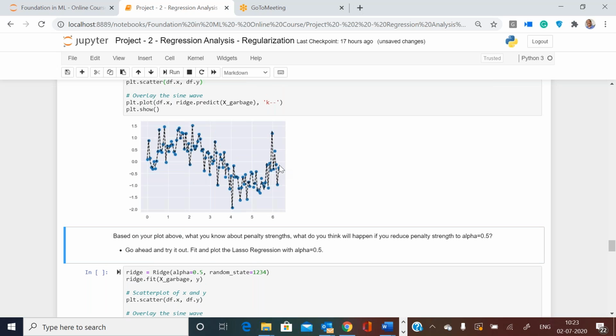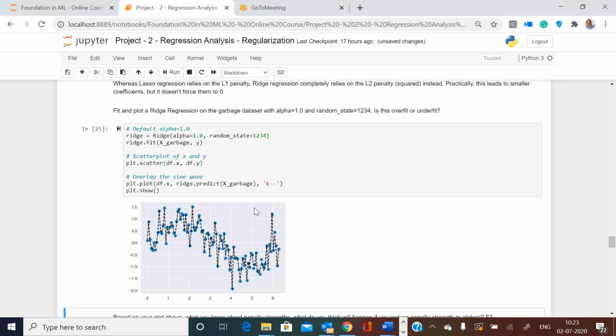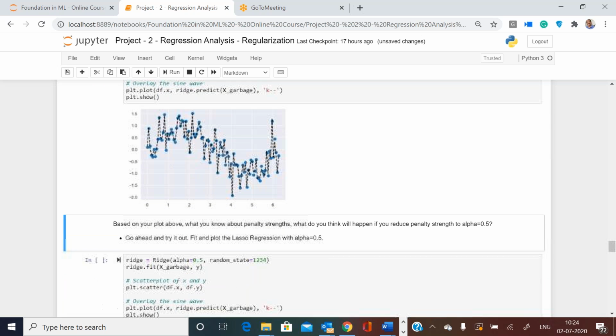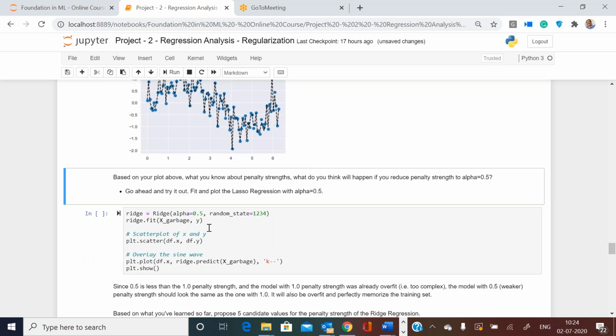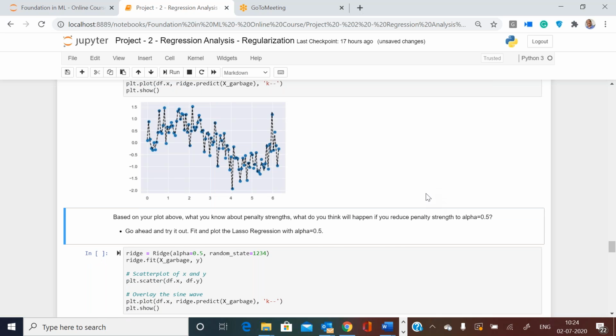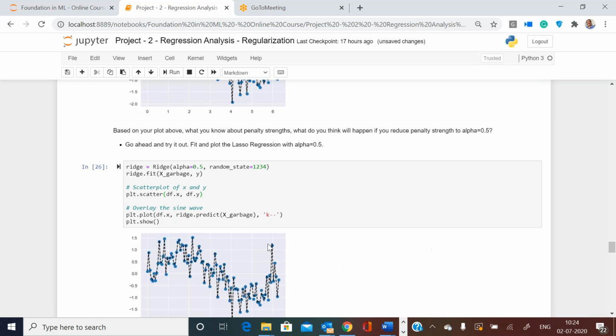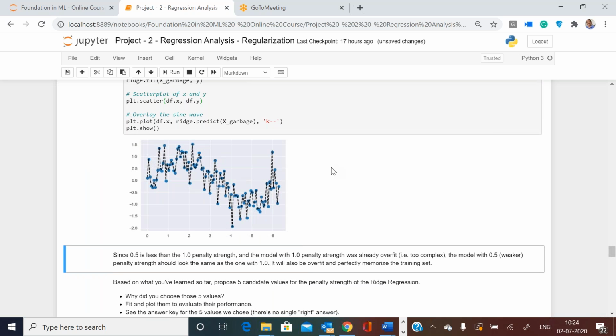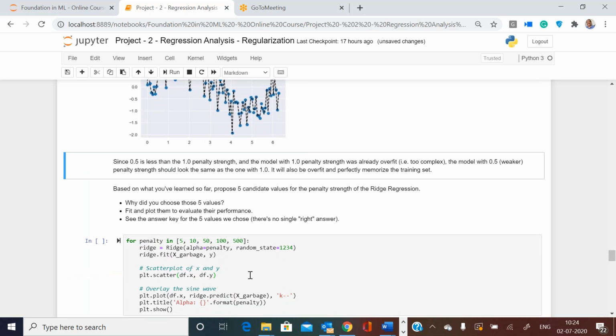Okay, with alpha equal to 1.0, whereas alpha equal to 1.0 on lasso was already underfit. So meaning I have to use higher numbers than 1.0 now to tune it. Here I am doing alpha equal to 0.5 because it is overfit. I don't know by increasing or decreasing what will happen, so I am decreasing first from 1 to 0.5. It is not changed much.